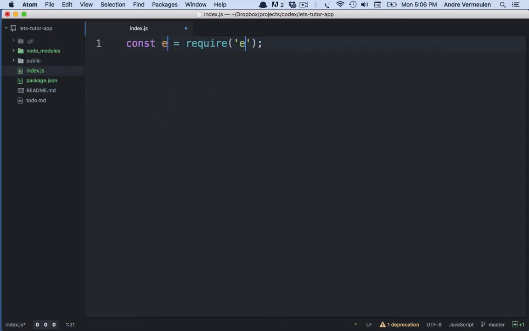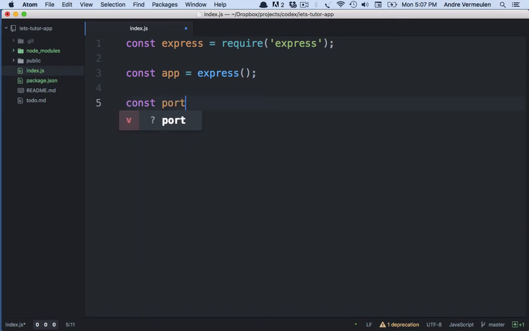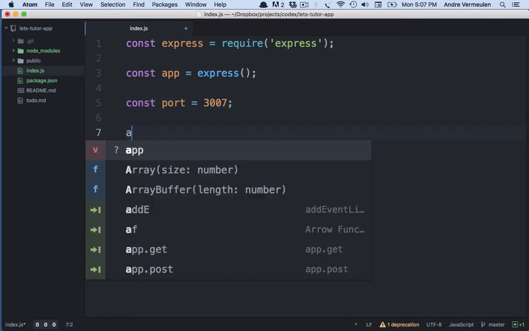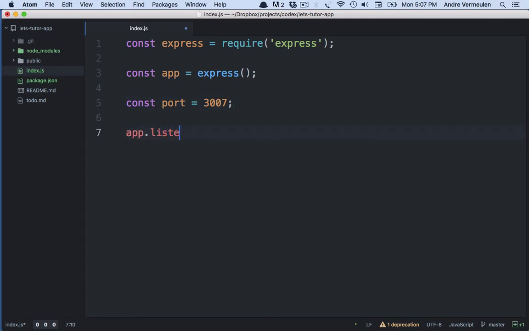So now what we'll do, we will require Express, and then once we have Express up and running, we'll instantiate the application instance. And once the application is up, we will create a constant variable for the port number where the app will start up on, and then we'll say app.listen on the port number,